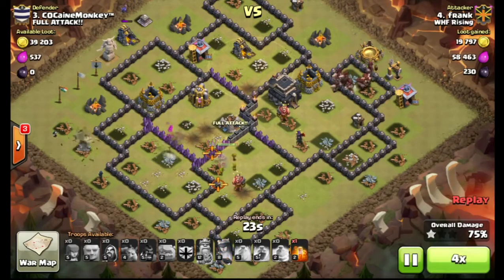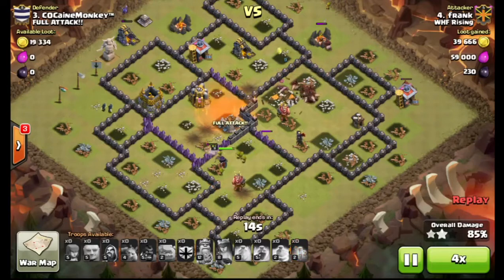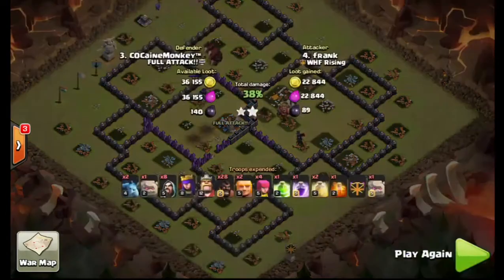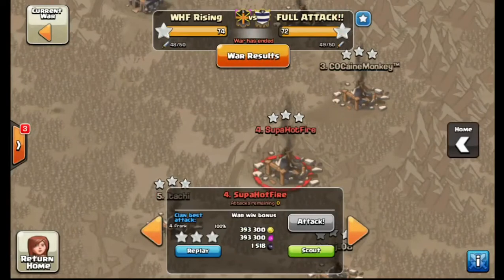Has tons and tons of hogs left over. So swag poison, no need for it. Nothing to kill there. So it was a great attack by Frank. Way to go, man. Get those 3 stars. And then we are going to just jump down to the last one, and we're going to watch Frank get